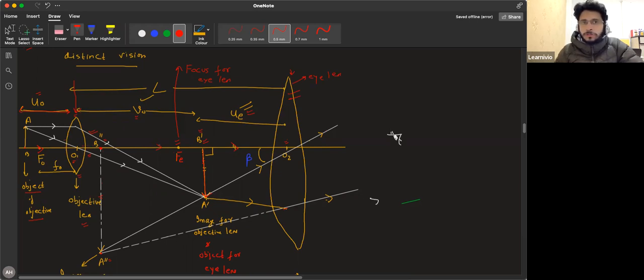It's going straight. You want another ray to cross over this point to make the image, right? You can take one more. See, one ray is passing straight. The another ray could be